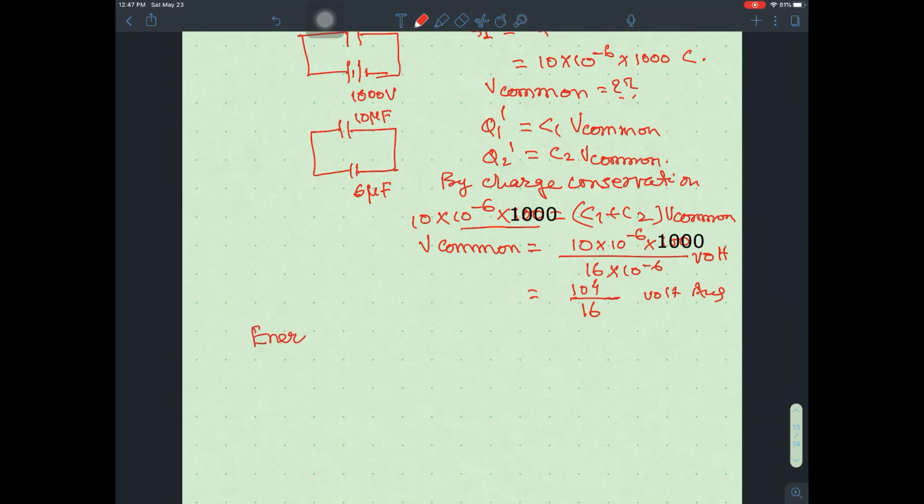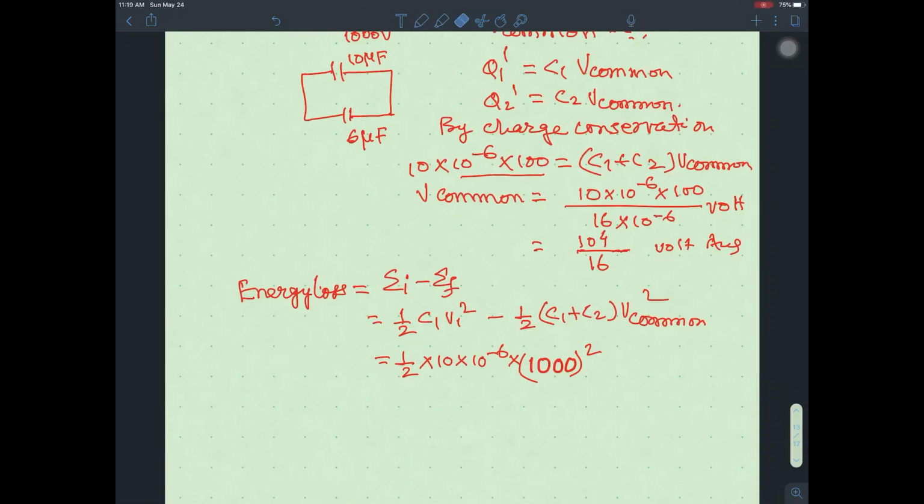Now the next thing is energy loss. So energy loss is how much? Energy loss is E initial minus E final, that is half C1 V1 square minus half (C1 plus C2) into V common square, and this will give you half into 10 into 10 to the power minus 6 whole square